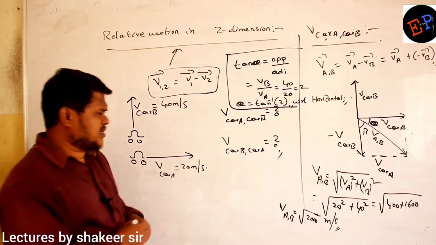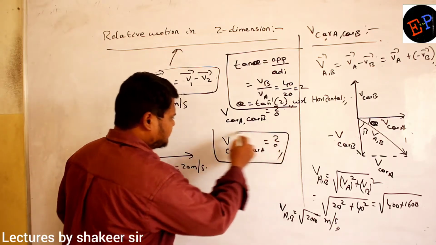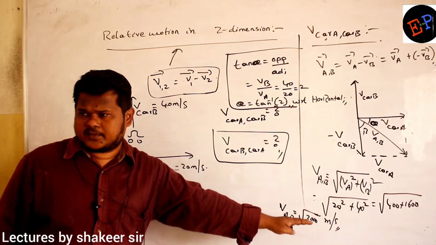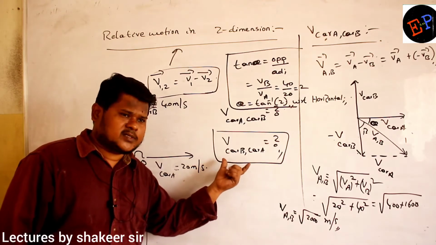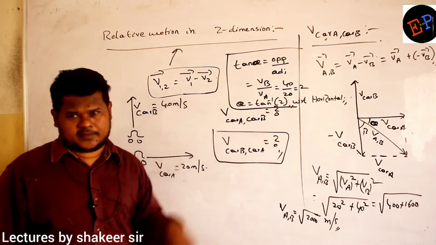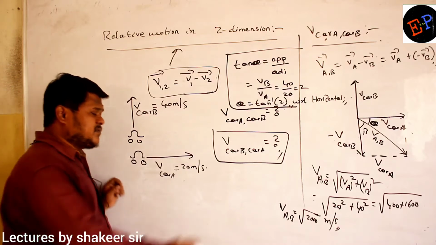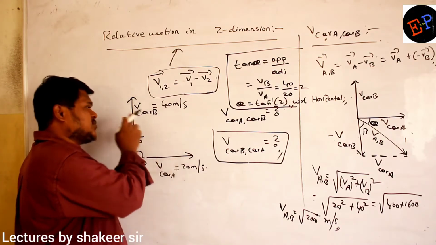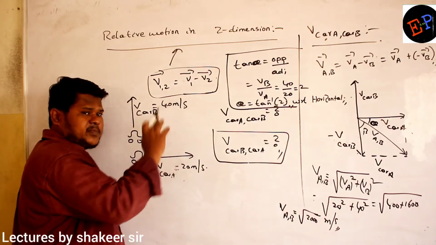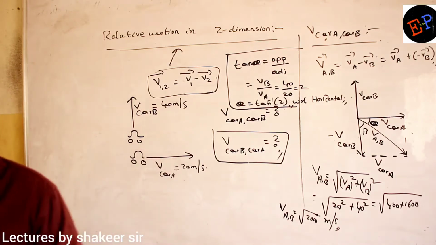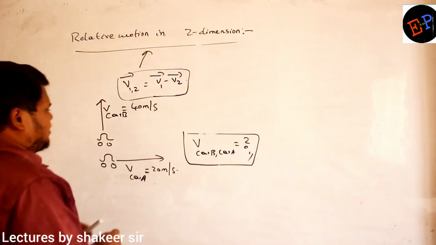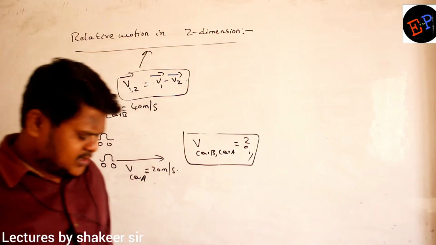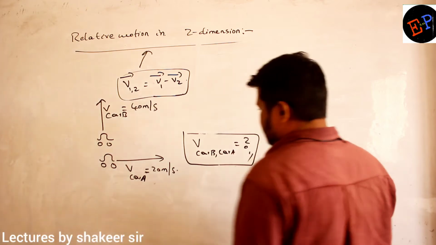Now you find out the second one and see what answer you will get. First one I have done. So do the same type of calculation and find the velocity of car B with respect to car A. That means the observer is present in car A. To this observer, how does the motion of car B appear to him? Come on, do it. Second one, velocity of car B with respect to car A. Let us once again do the same procedure.